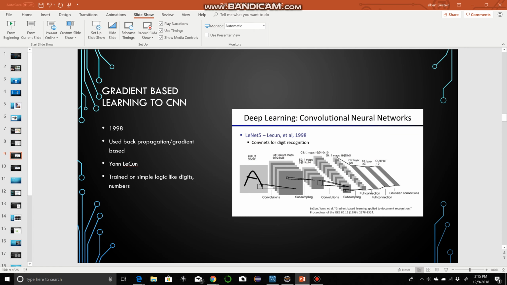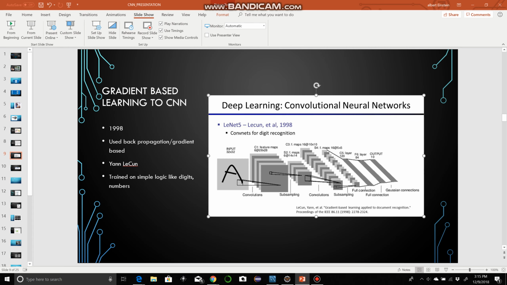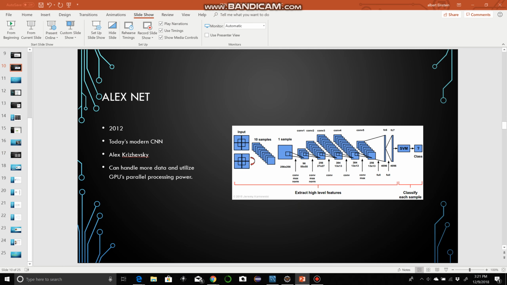But this used a training program called backpropagation, which is gradient based. We're going to talk a little bit about that later. But this is some of the stuff that's being used today. This came out in 1998, and it isn't able to scale as well as they can now, but like I said, it is one of the beginning architectures of the more conventional ones used today. We're going to be talking more about how these things work. And so, cut forward to now, Alex Krizhevsky, again, I'm probably mispronouncing that name. He gave rise to the